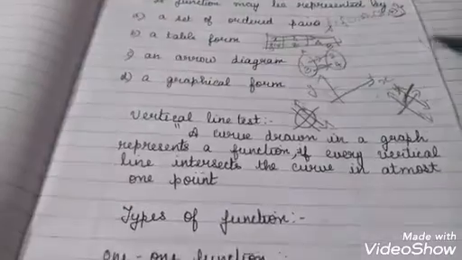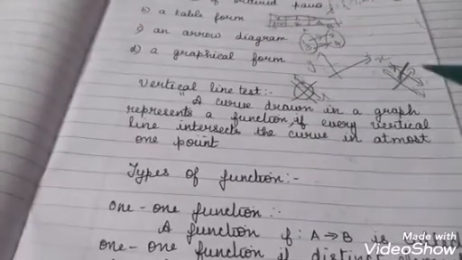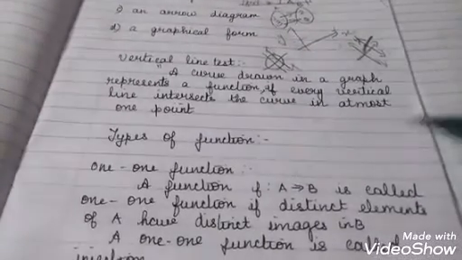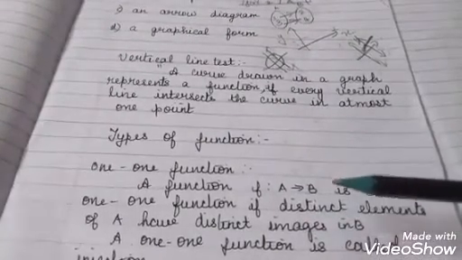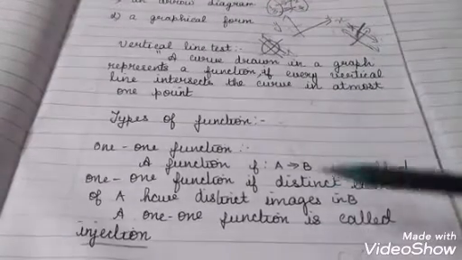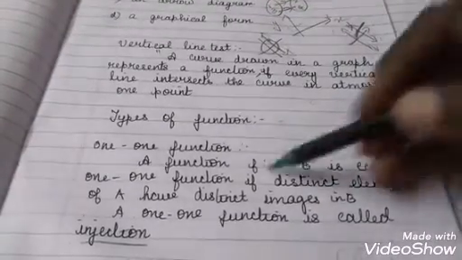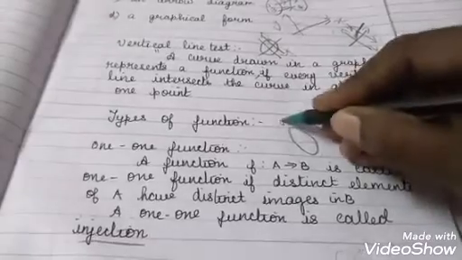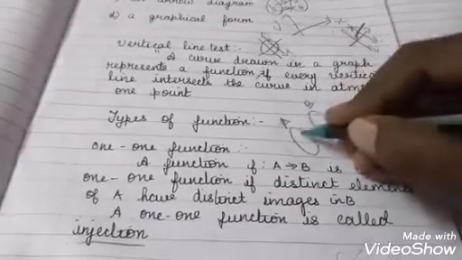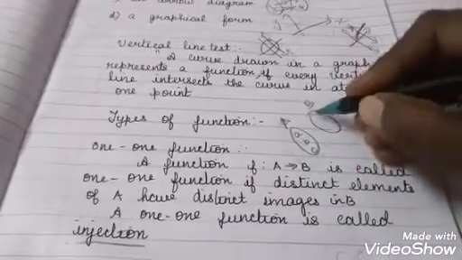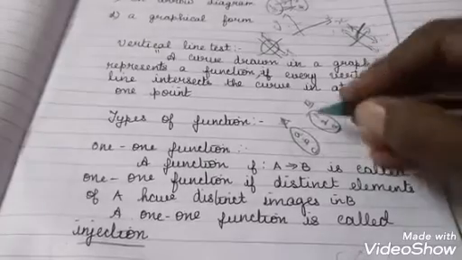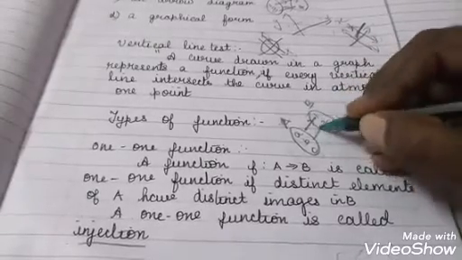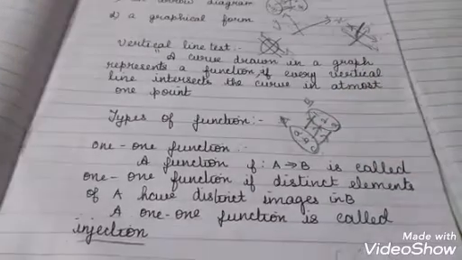Now we'll go over to the next one, the different types of functions. For the different types of functions, I've written the definition, and that's also clearly given in your textbook. I'll just explain it with an arrow diagram. Suppose I have sets A and B. In the set A, I have a, b and c. Here I have 1, 2 and 3. A is mapped on to 1, b is mapped on to 2 and c is mapped on to 3.